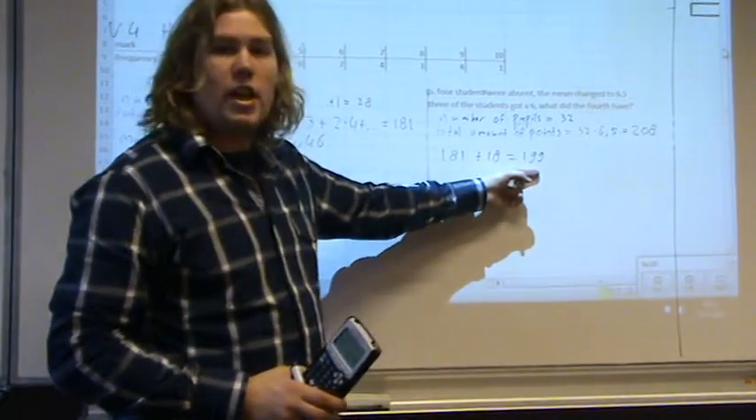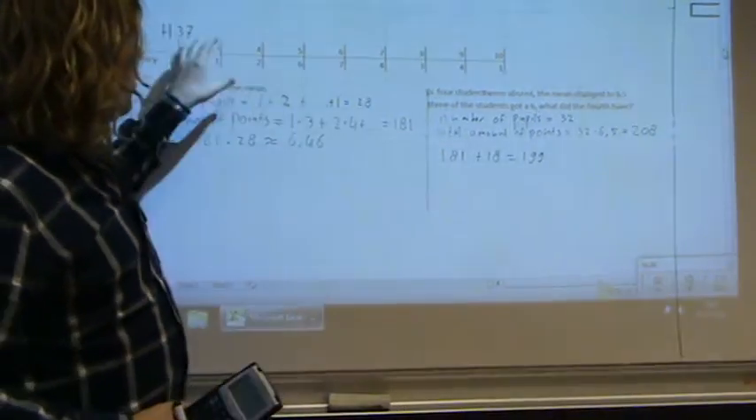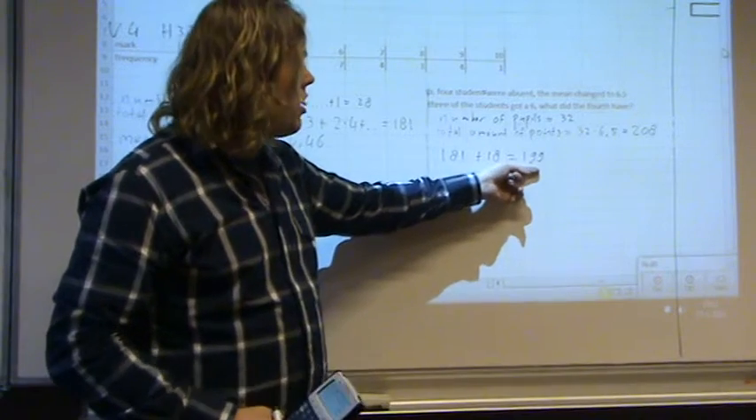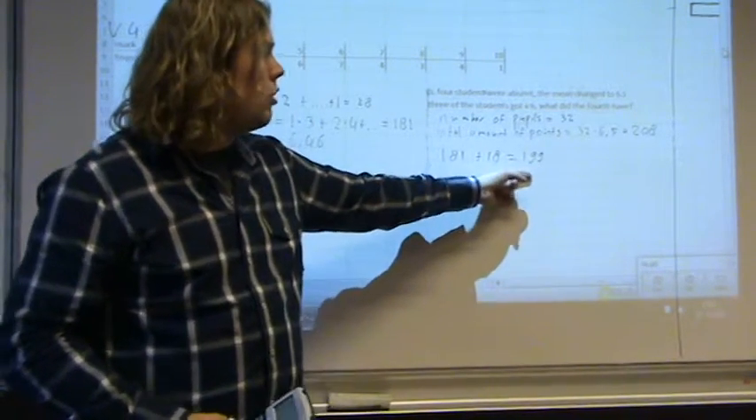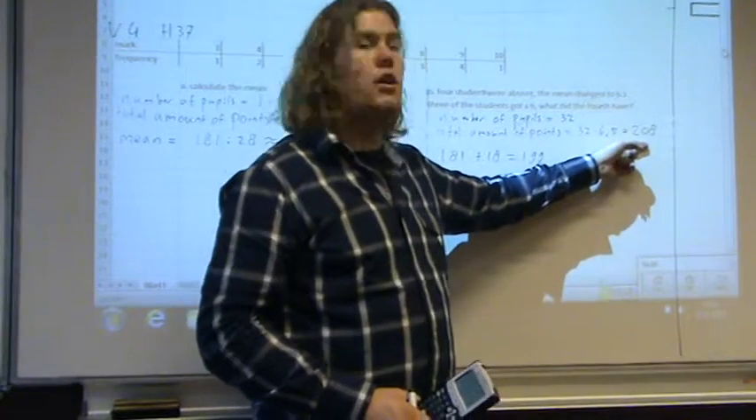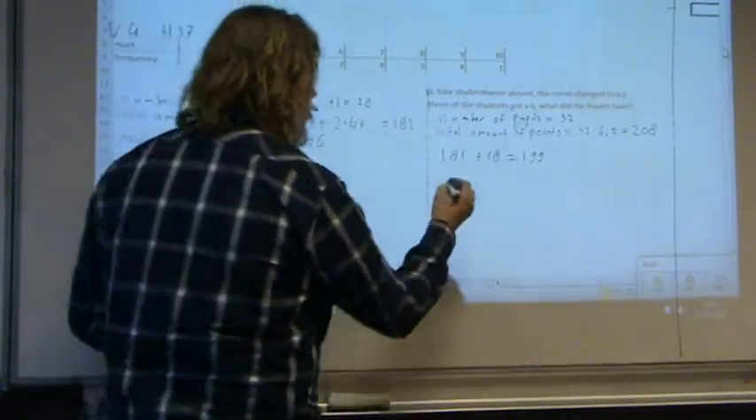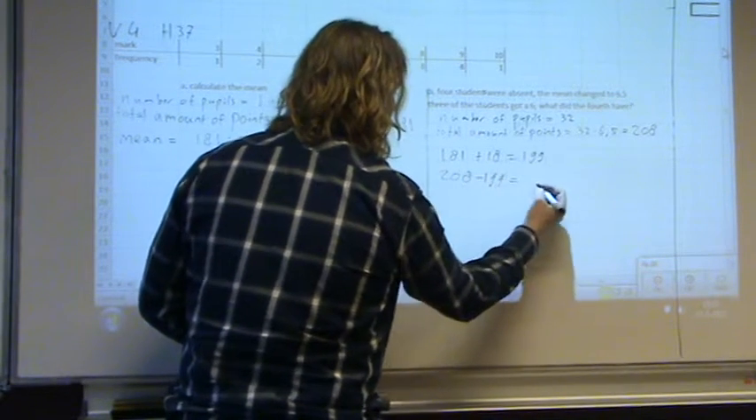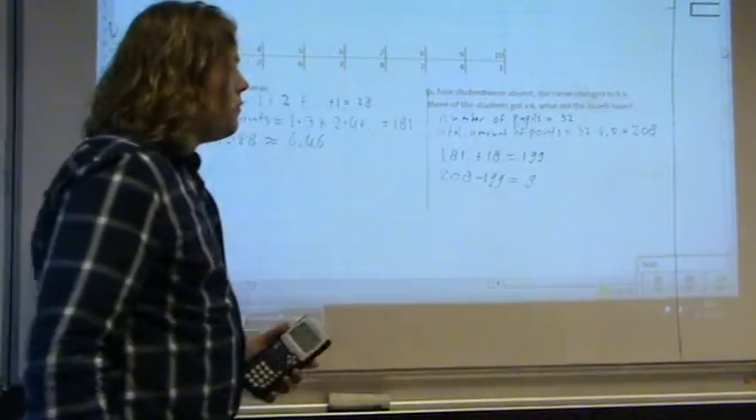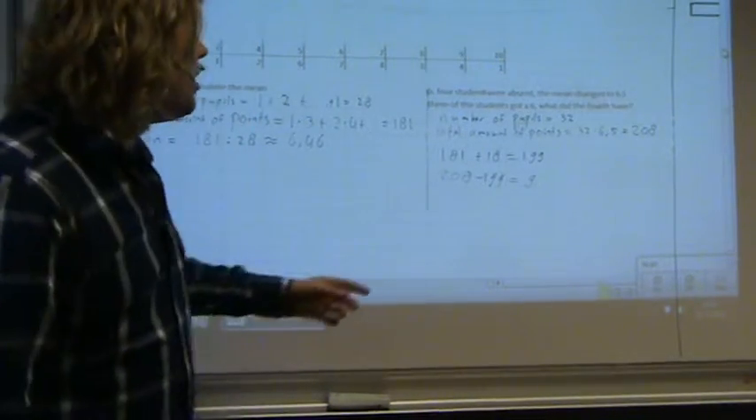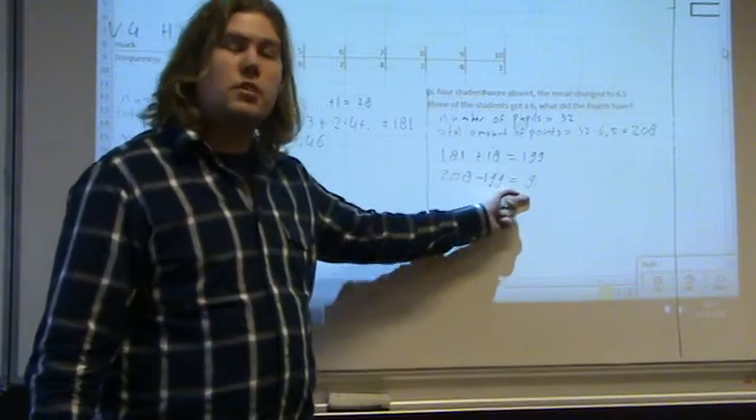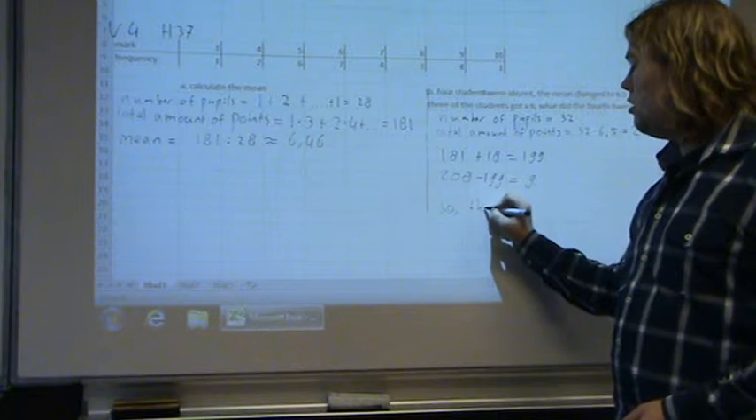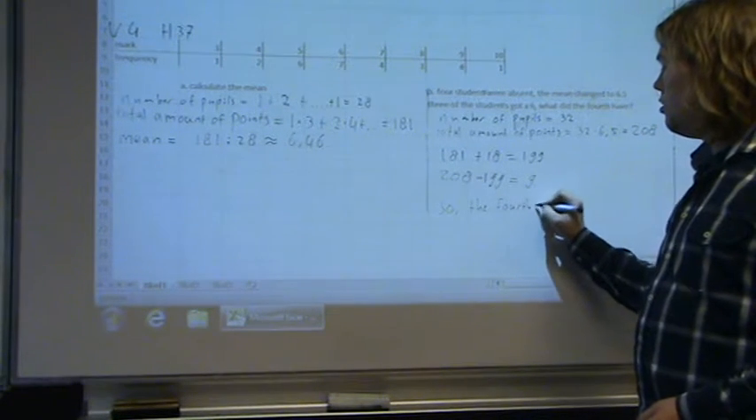But we have 199. So the total amount of points of all these pupils and these 3 pupils gives a total of 199. But we know that the total amount has to be 208. So then you know what the fourth one had, because you do 208 minus 199, and that gives us a 9. So the fourth pupil had a 9 for the test. Alright, let me write it down. So the fourth pupil